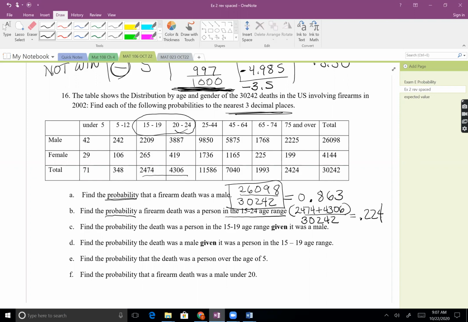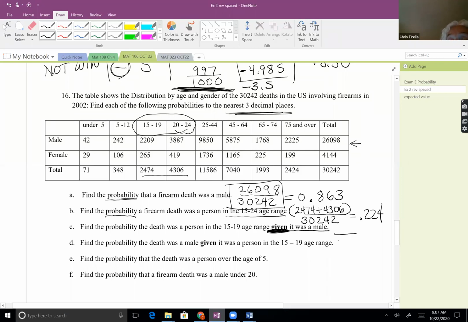I have to apologize. On my handwritten test, words like given, words like not, words like order, I tried to boldface to give people a clue. Blitzer in my labs doesn't. But in your mind, look for that word given. That word given says I'm not using the whole sample space. Given it was a male means that my sample space is just men.